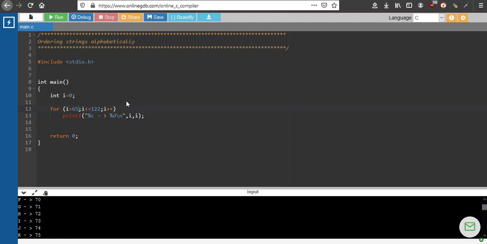The basic thing: how do we take two strings from the user and save them to a character array? The program written here will give you a clue. This is a program to get the ASCII values of each character. It was already explained in a previous video that all characters in C are stored as numbers. They are encoded as numbers, and that encoding is what is known as ASCII. Here, the corresponding ASCII value of A is 65, B is 66, and it keeps on increasing.